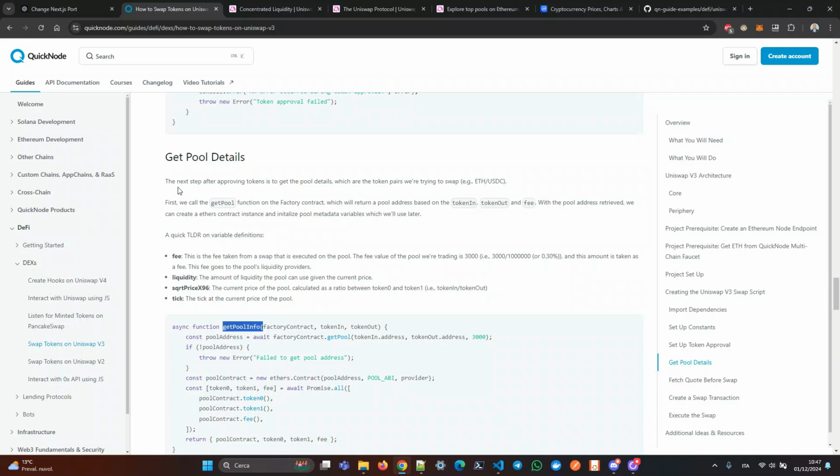So the swap we are making is from wrapped Ether to USDC. Wrapped Ether is basically an ERC20 token that represents Ether, because Uniswap works with ERC20 tokens and cannot work directly with Ether with Ethers. And so